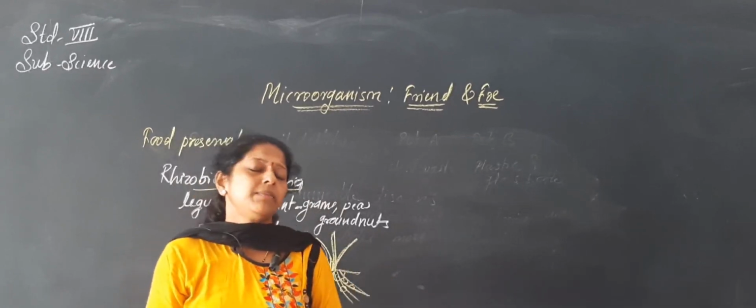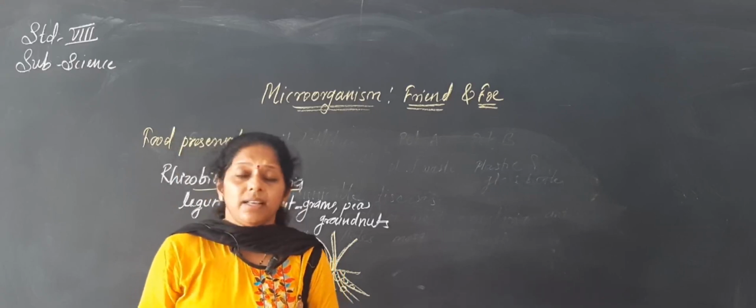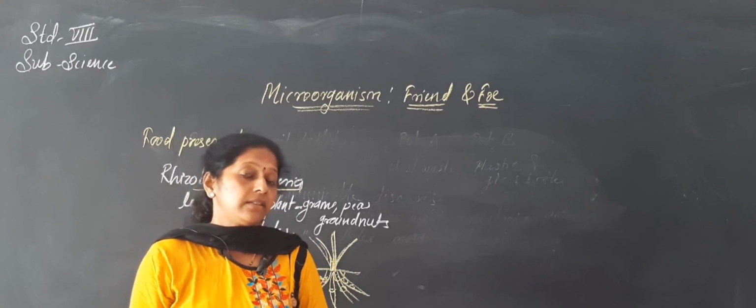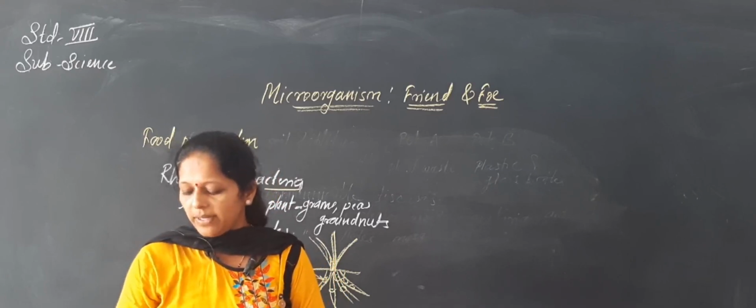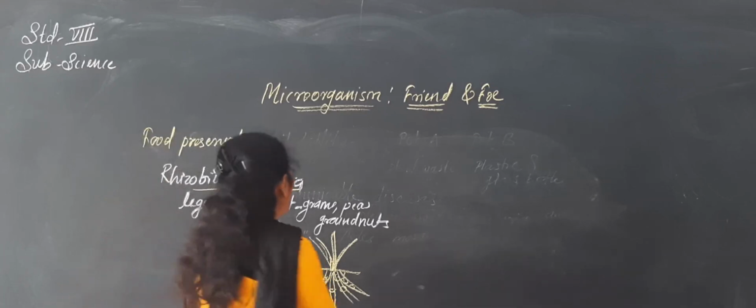By the lightning method also, nitrogen fixation takes place. But the percentage of nitrogen in the atmosphere is not decreasing. Then how does that happen? We are going to see that with the help of the nitrogen cycle.